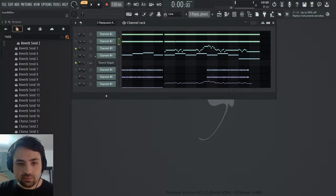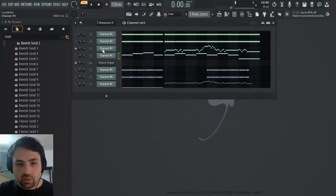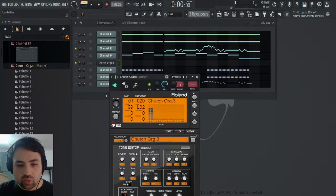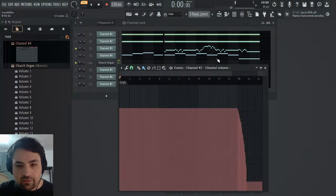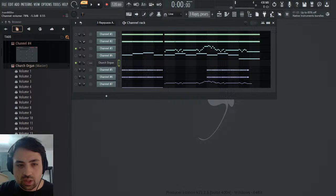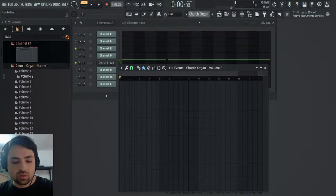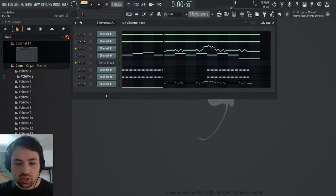Now we have this part of the church organ. This one stays a church organ the whole time too. But I forgot to copy this hand level. Let's go into the church organ part 2 and we'll paste this here. Okay. And now for volume, it probably has that same fade out. And I think maybe if this one has that same fade out here, yes, so we can't quite put this over the whole thing. We can put this over here on volume 2. Yes. All right, so now let's go and...